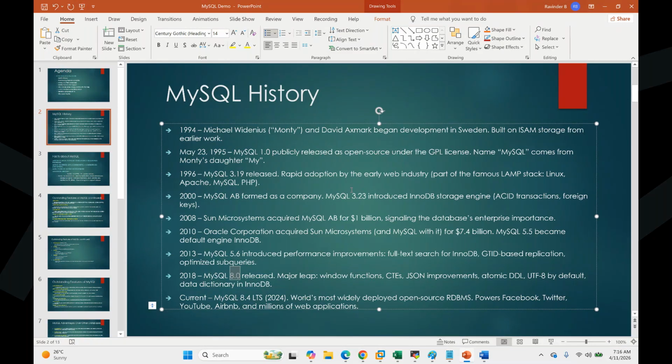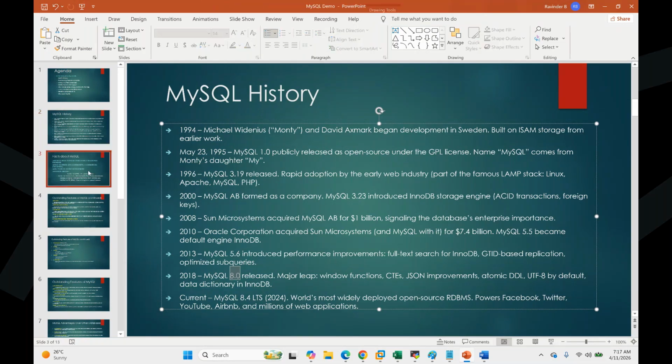So this is a little history, guys. It's not too important for us to really know, but I'm just giving the information on how the journey was made up to Oracle, because it's not an Oracle-developed product. It was developed by MySQL AB, then Sun Microsystems, then Oracle. It is still open source because Oracle understood that open source gives access to the market. When the market is using the product, they will come for support, then slowly enterprise, and then they can come to Oracle as well. That's Oracle's expectation.